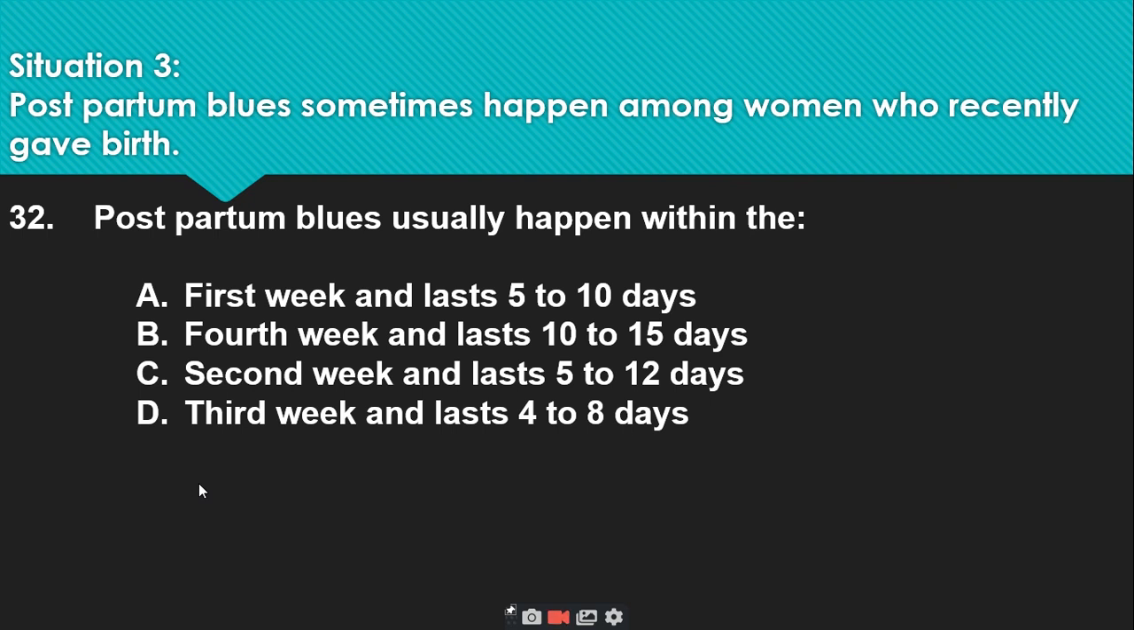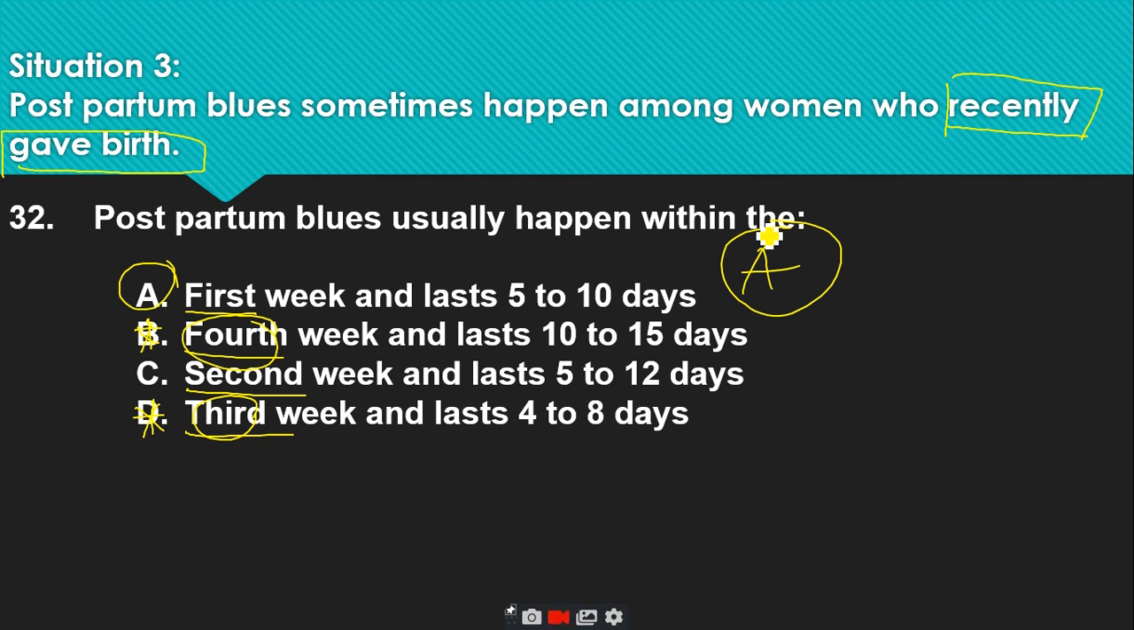Same situation. Postpartum blues usually happen within the, take note of the words recently gave birth. In order for you to have any idea how to answer the question, go back to the situation. Again, 32. Postpartum blues usually happen within the A, first week; B, fourth week; C, second week; or D, third week. Eliminate letter B and letter D for the first reading. Why? Because third and fourth week is already considered totally late after the delivery. So the best answer for number 32 is letter A, first week